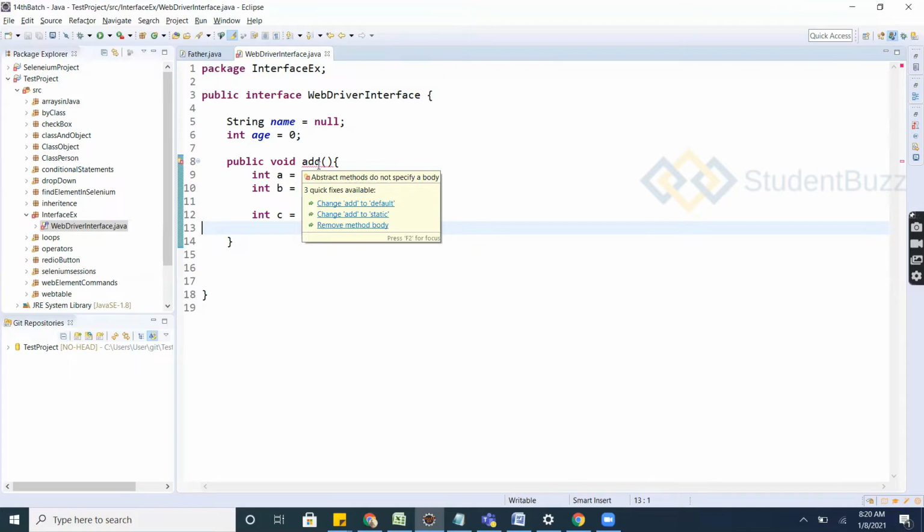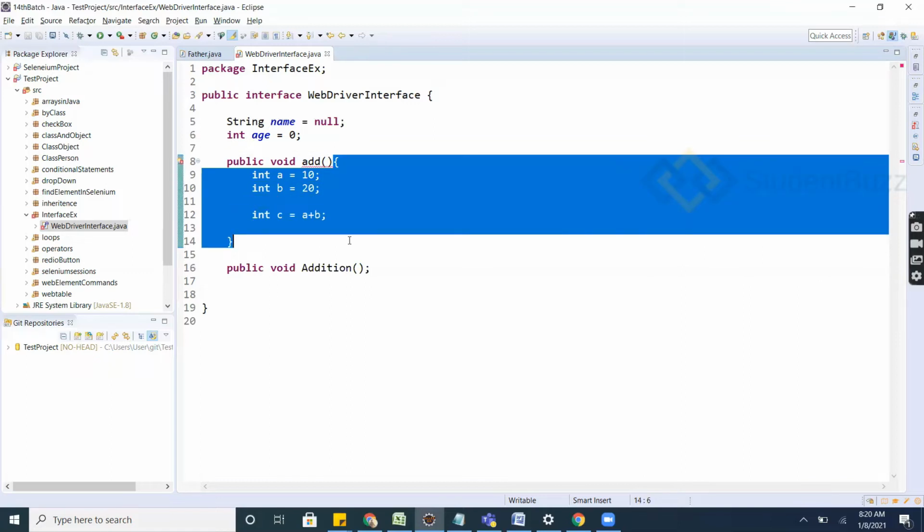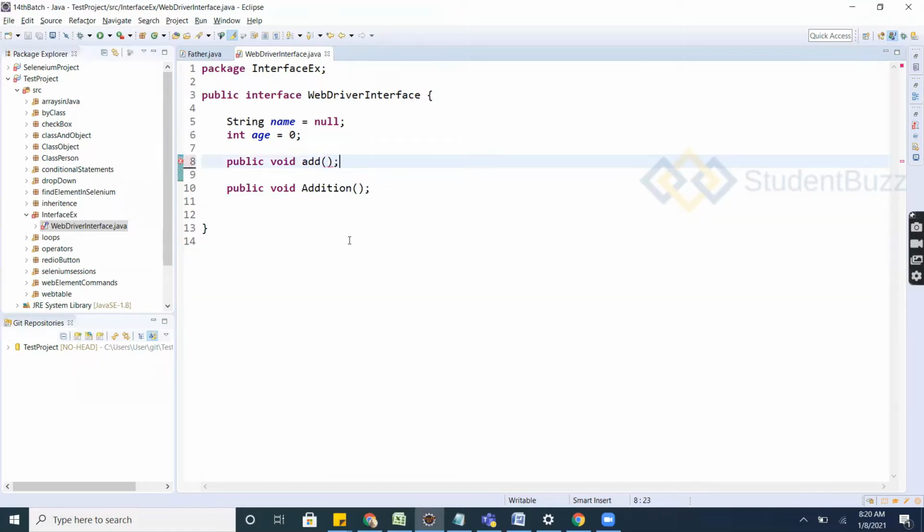What is an abstract method here? You can say addition. It is not having any error. If you give this body here, it will throw an error. If you are not giving any body, it's fine. It is not having any issue.